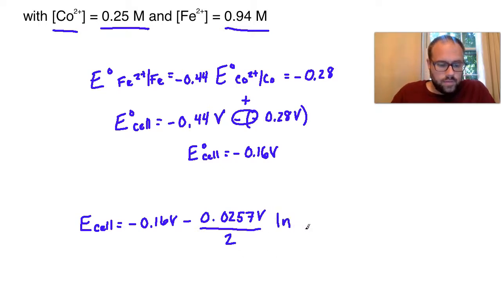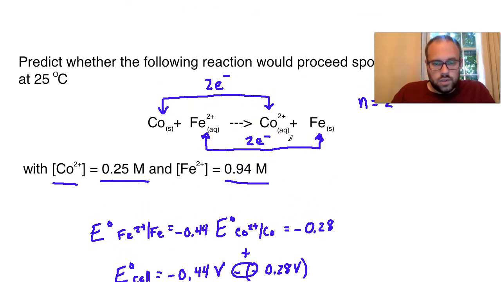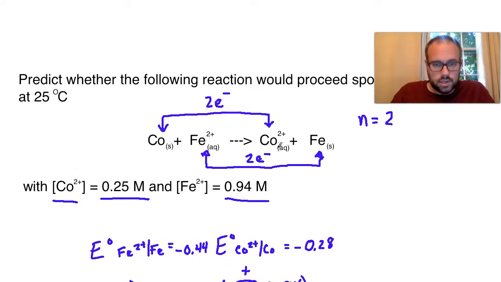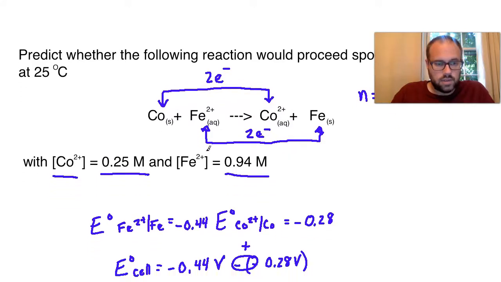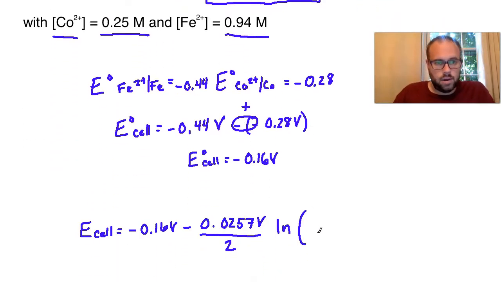Natural logarithm of, now I need these concentrations here. So if I take a look at it, okay, it's going to be the cobalt, because that's the product, over the iron, because that's the reactant. So the cobalt is 0.25, that'll be the numerator, and the iron is 0.94, that'll be the denominator. Okay, so 0.25 over